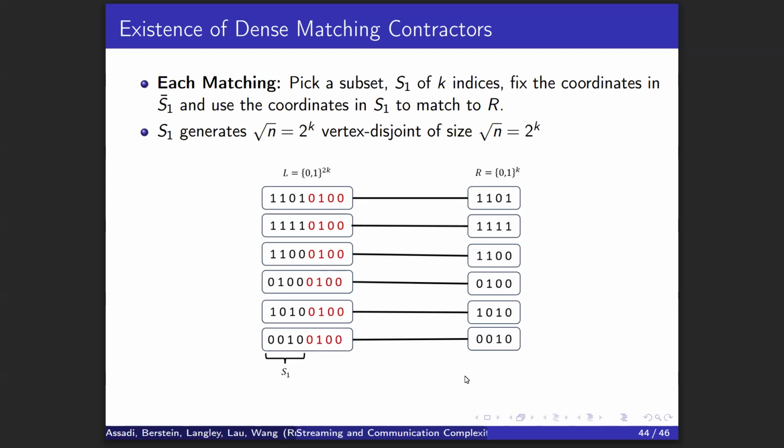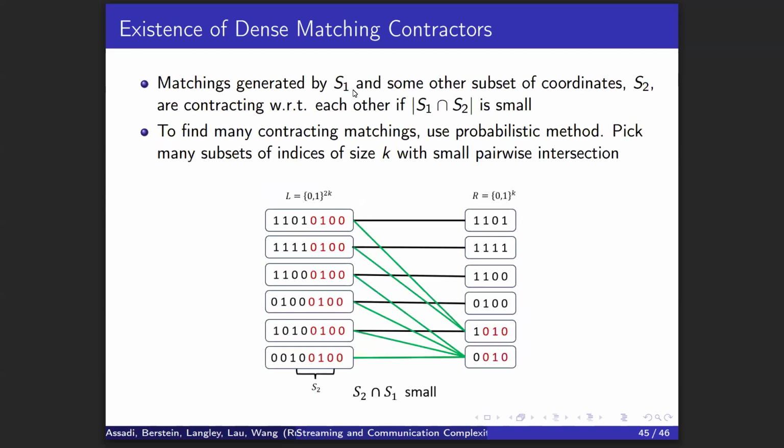And this is going to match to R just by matching the corresponding indices to the same string on the right side, right? So this gives me one matching of size root N. And of course, I can construct root N of these matchings all disjoint to get N edges, right? Okay, but now what if I picked another set S2 and constructed another root N matchings of size root N